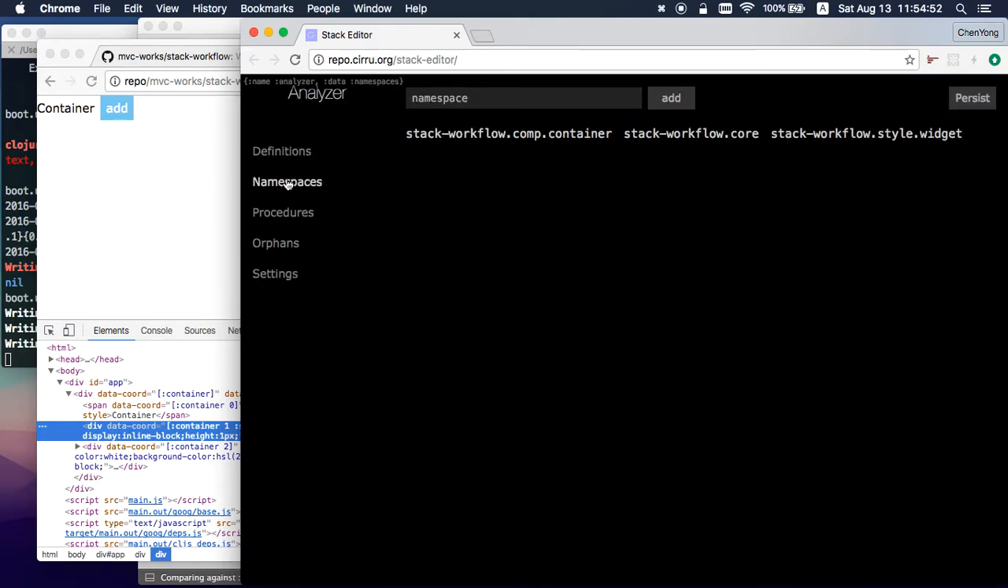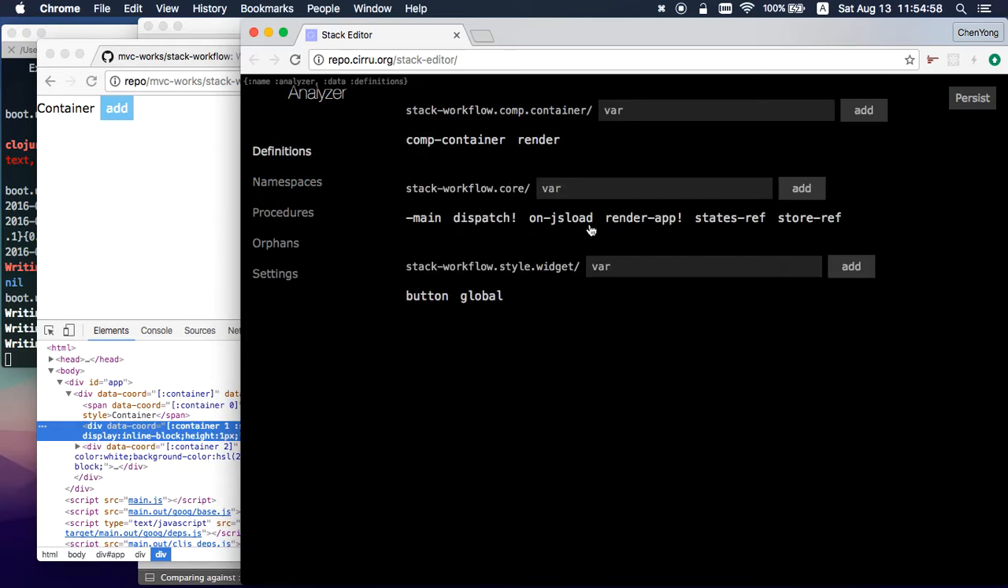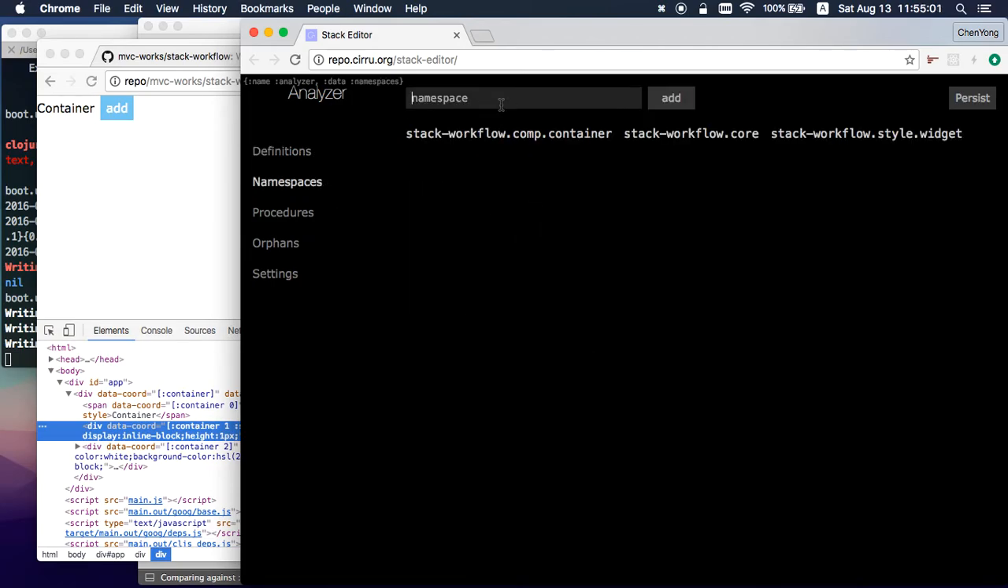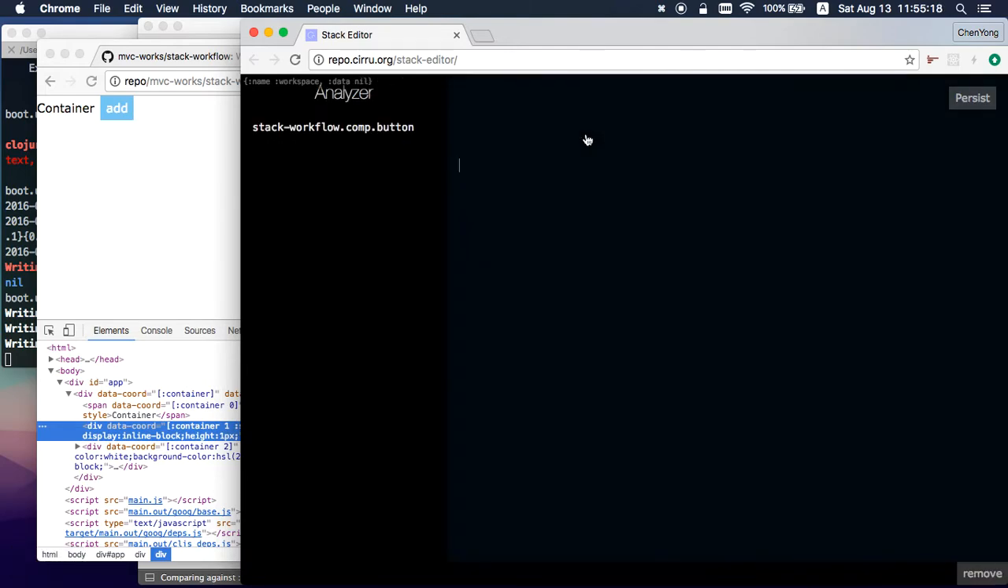So maybe I can add more. So I can add more components here. Like I want to add in space first. Stack workflow. Workflow the component, the button, and another going to get demo. Stack workflow, the component, the button, and I can require